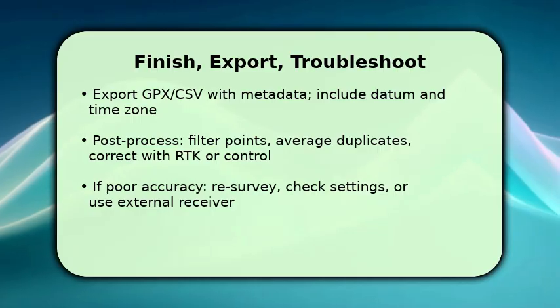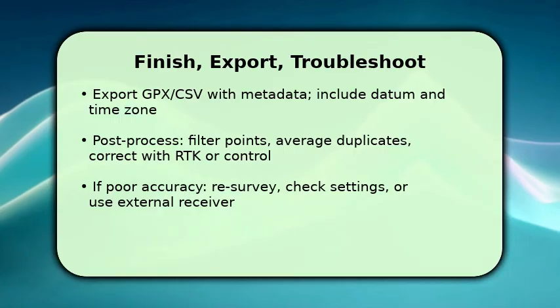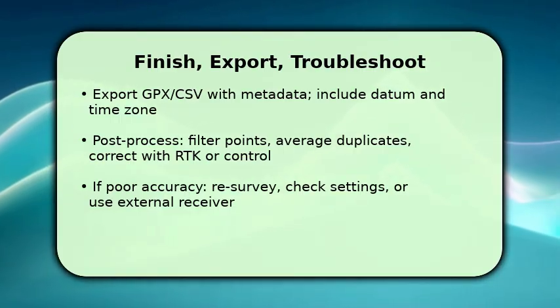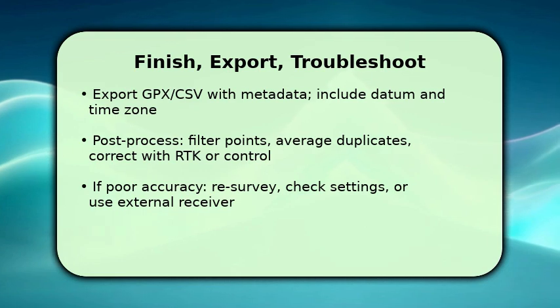If points look off, resurvey the suspect locations immediately, check high-accuracy mode and compass calibration, and consider connecting an external GNSS receiver. One key tip: if accuracy drops,